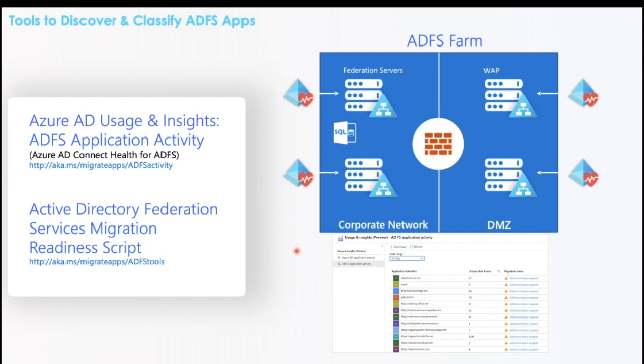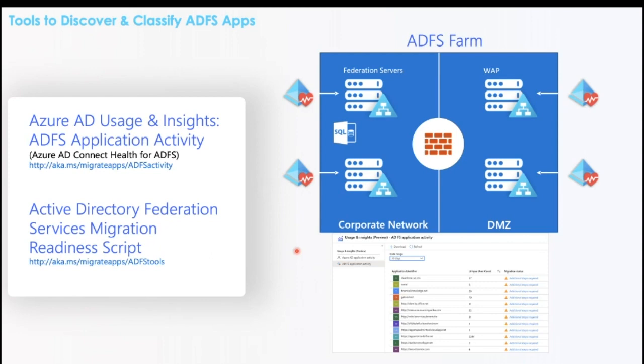Because Microsoft has done some homework to know which of these apps are already supported and can be freely moved to Azure Active Directory, which of the apps can be moved with some additional configuration, and there are some warnings, meaning you have a claim rule which can't be moved and has to be reconfigured, or some apps that are not supported at all or require, as we talked about, the app proxy or secure hybrid access. So it gives you some of that insight, so you as an admin at least have some information and can tell which apps you should move and which apps require some additional configuration.